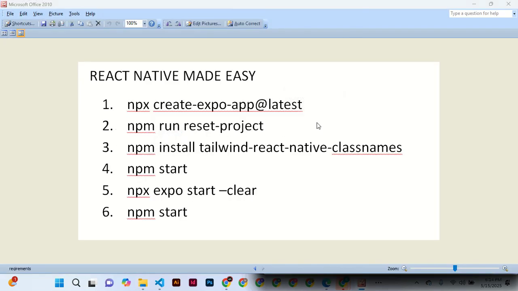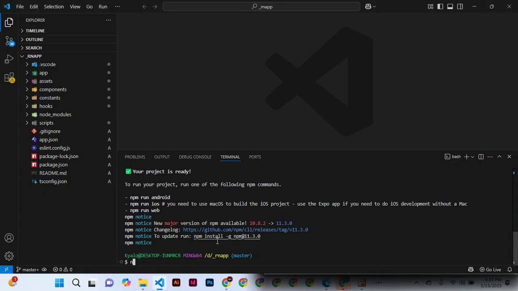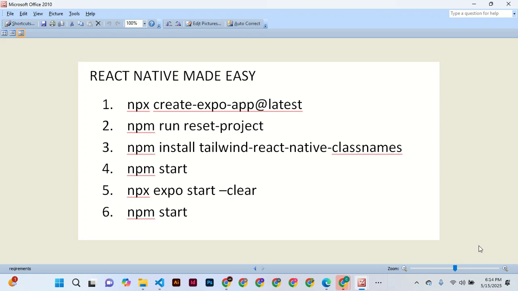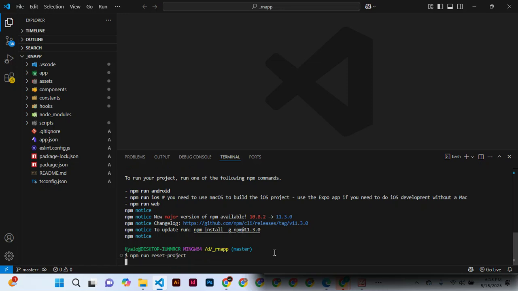We can see it is npm run reset-project. Let me confirm again. npm run reset-project. Then you type npm run reset-project, and you click enter,